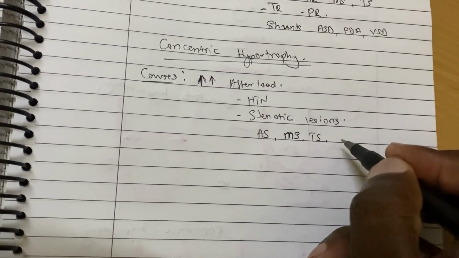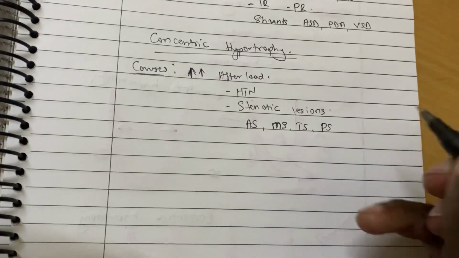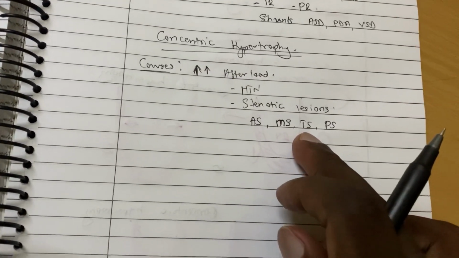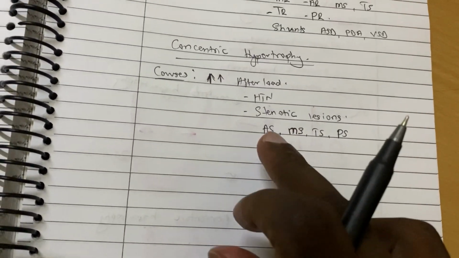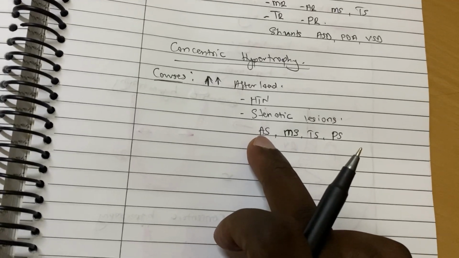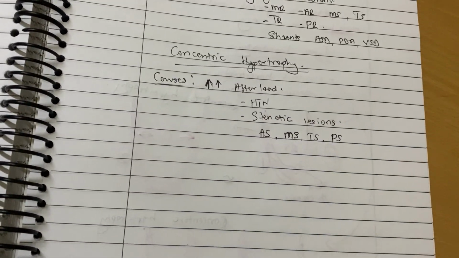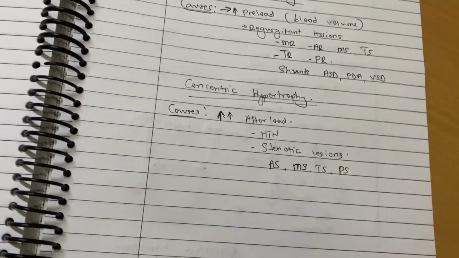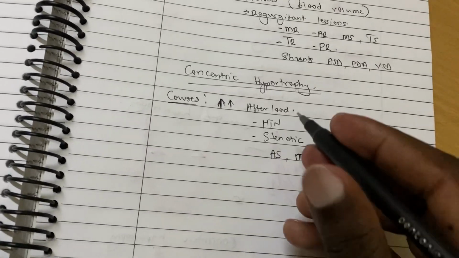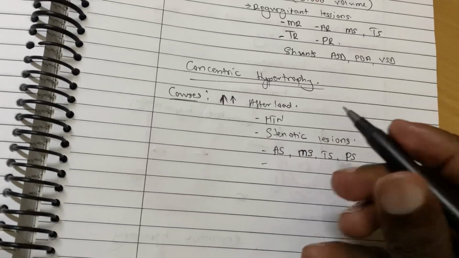MS, TS, PS: pulmonary stenosis, tricuspid stenosis, mitral stenosis, aortic stenosis, and systemic hypertension. And then some parts which are congenital, we don't need, like